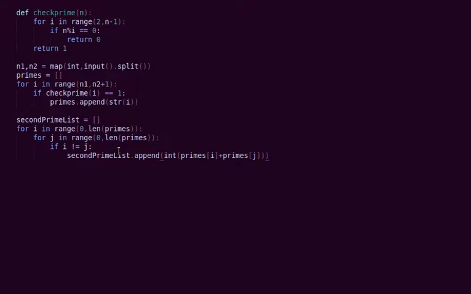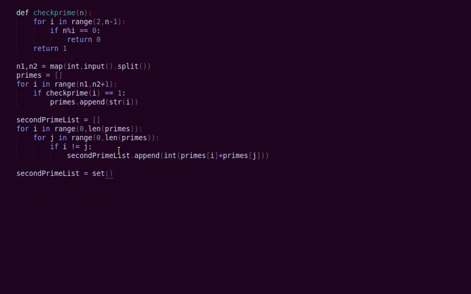Now we need to make sure that there are no duplicate values in the second prime list. For example, 2 and 37, when we combine them, become 237, right? And what about 23 and 7? If we combine them, they will also become 237.